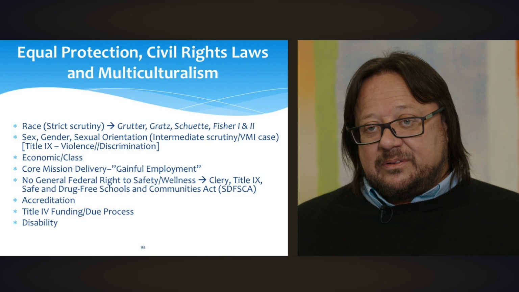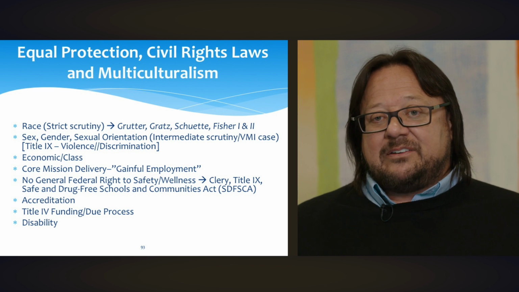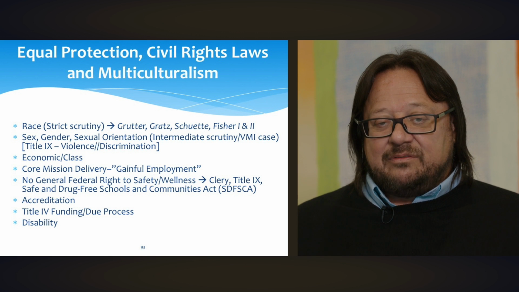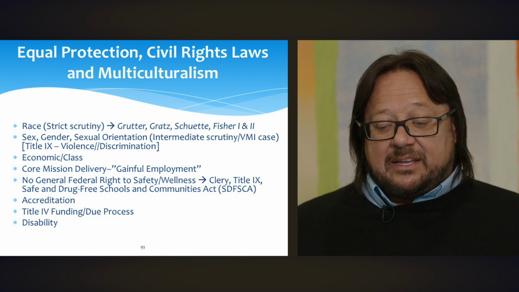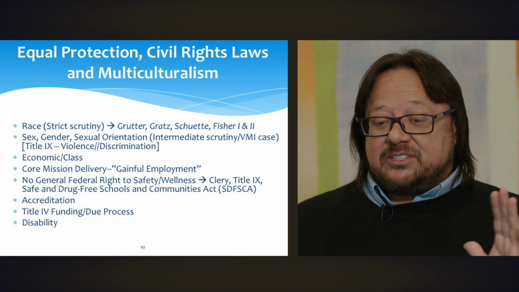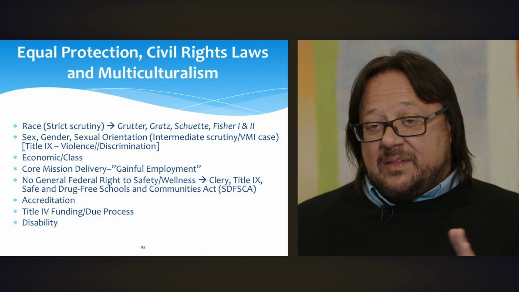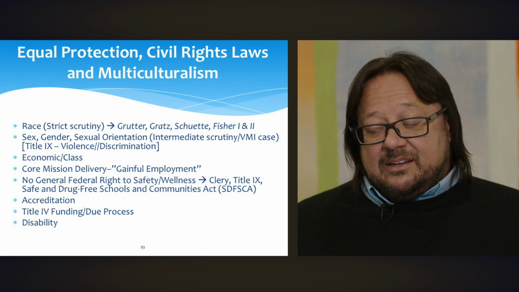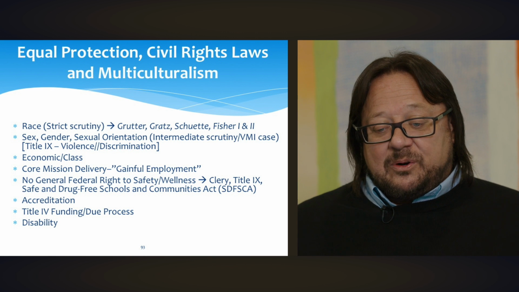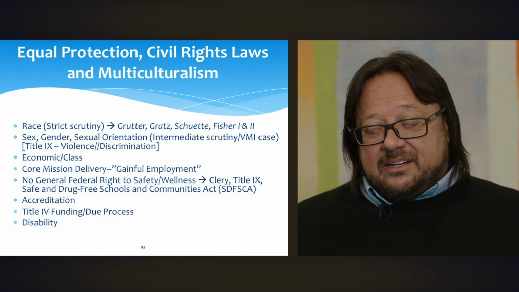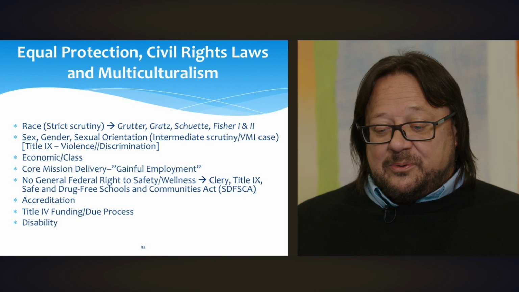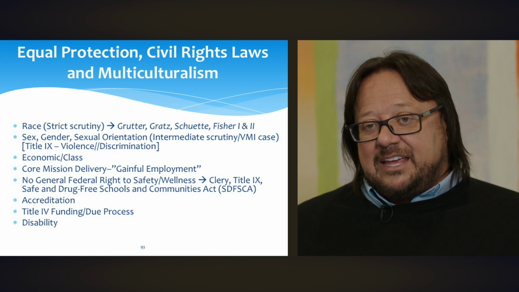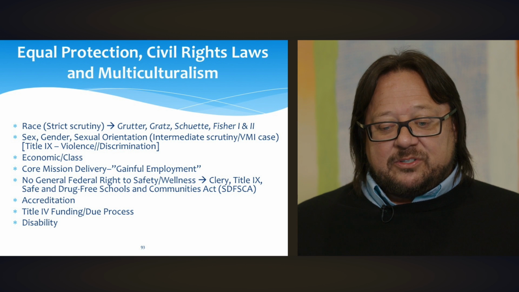Any race discrimination has to be justified under the standard of strict scrutiny, and as you might guess, very few things pass this way. In fact, recently we just got the Fisher II opinion in a long line of race-conscious admissions cases, and there was some thought that the Supreme Court might actually say that all admission systems have to be race neutral. The Supreme Court did not say that. It is possible to use diversity as a basis for your admissions process to be race conscious. However, Fisher II clearly puts some strictures on campuses when it uses race conscious admissions.